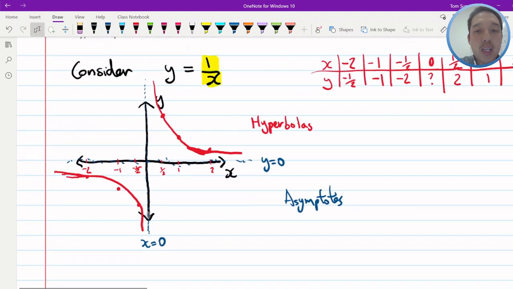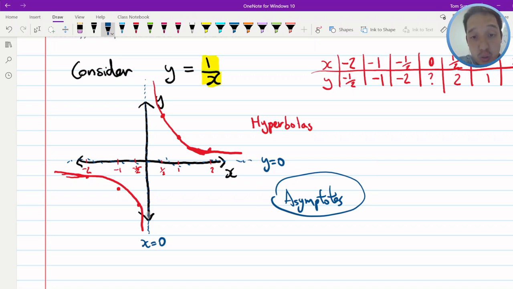Great. These lines represent a line that shows us how this hyperbola gets closer and closer to those values as x goes up or as y goes up as well, but never reaches and never touches. This graph never touches the asymptotes, it simply approaches them. And so we have 2 types of asymptotes. We have a horizontal asymptote, because you can see that that creates a horizontal line, y equals 0, and we have, as you will guess, vertical